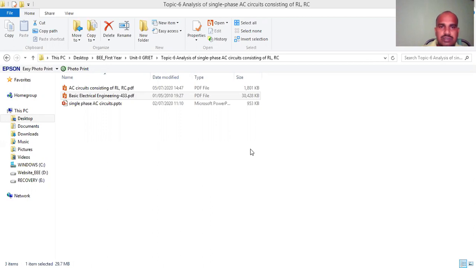Now the RC circuit example. In the circuit, R equals 120 ohms, XC equals 250 ohms, I equals 0.9, and Z equals R minus jXC. The power factor is cos phi equal to cos of minus 64 degrees, which is 0.43 leading. The supply voltage equals I into Z, VR equals I into R, VC equals I into XC. The active power equals V I cos phi, and the reactive power equals V I sin phi. So the reactive power is minus 202 VAR, and the active power is 97 watts.